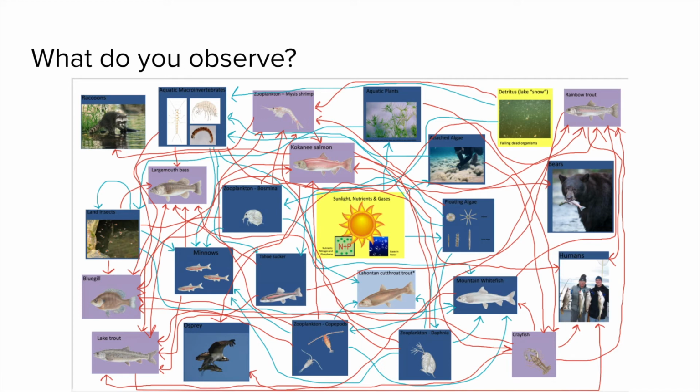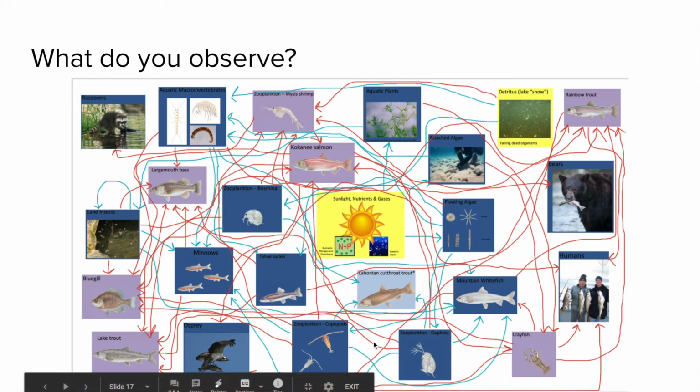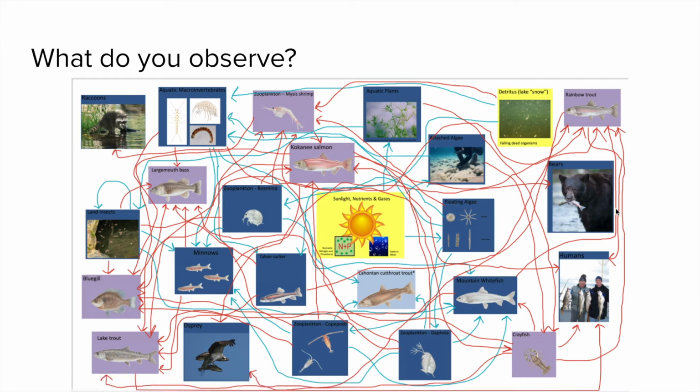So what does that mean about its population? Will the population of the Daphnia go up or down after we introduce these new species? It'll go down, right? Because it is being eaten by 3 new organisms, and those are represented by these red arrows. 3 new organisms are eating the Daphnia. So my Daphnia now has many more predators to contend with.